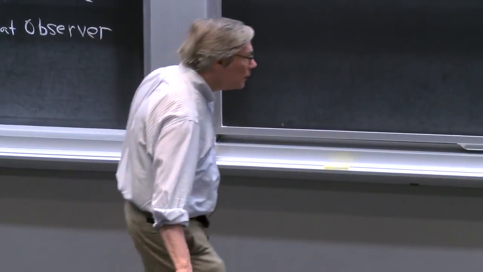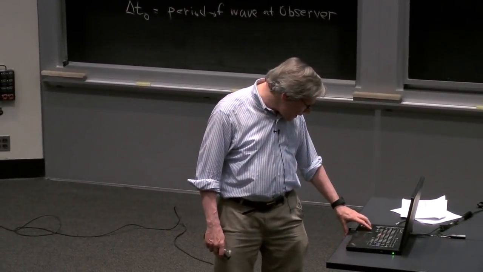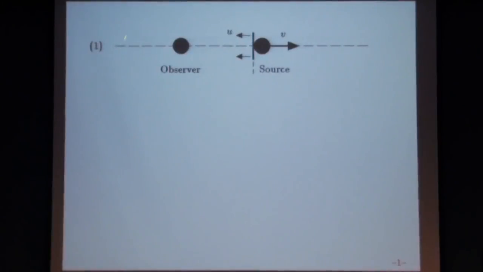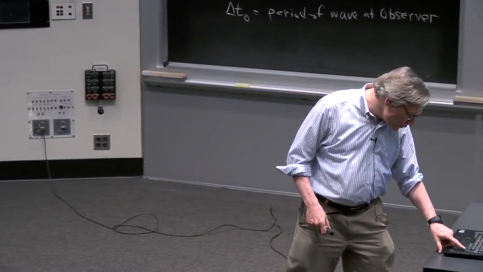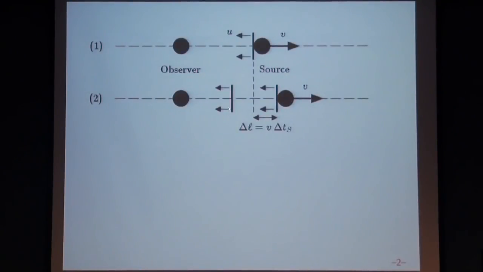At this point, I'd like to go to the screen and go through the different stages of what happens as this process takes place. We start in frame 1 with an observer at some location, a source at some different location. The source is moving to the right. The source is emitting the first wave crest in this slide number 1. Nothing too interesting so far. Next picture, the source emits the second wave crest. But meanwhile, the source has moved.